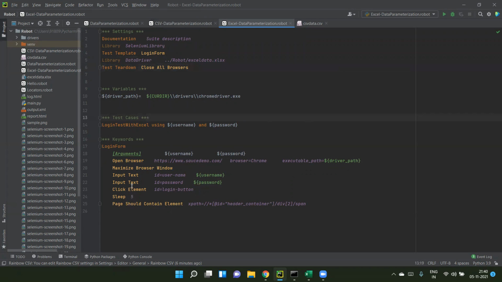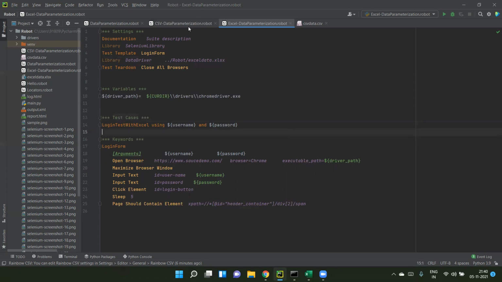Okay, now with this we have understood the login form. In the case of test cases, we just need to write any test case name using the username and password. It's not mandatory to use the username and password here again, but if you use only one line for the test case name, it will be used for all the data rows. For example, if you have 3 rows, every row will have the same name. Just to have a unique name, we are adding the username and password as well. At the same time, when you see the report, you will understand which username and which password gave which result.